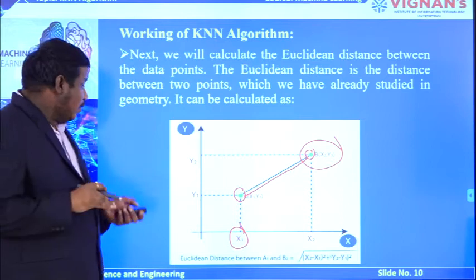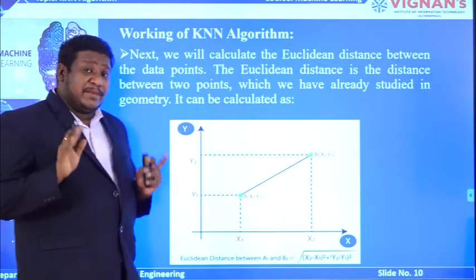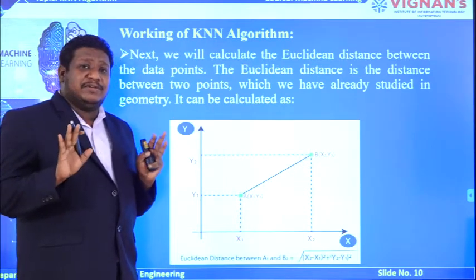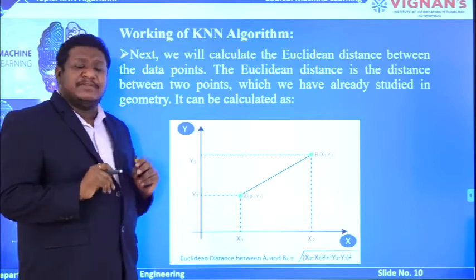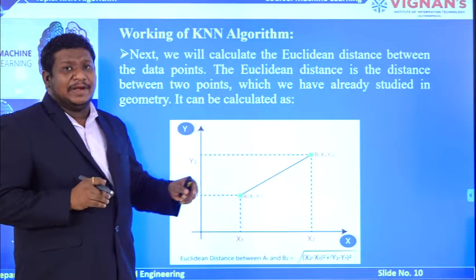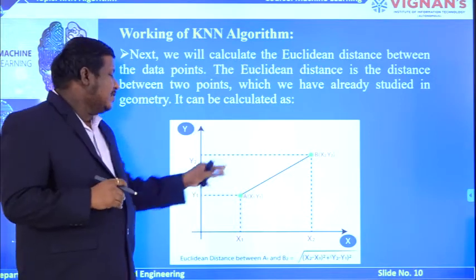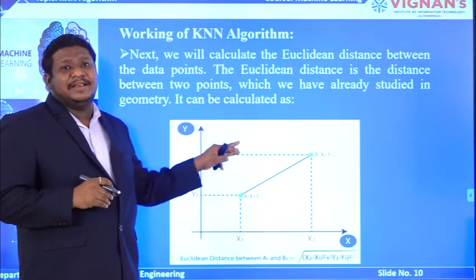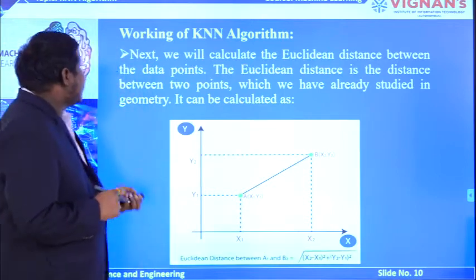So at the first step you finalize the number of neighbors you need to identify, that is the k value, identified as 5. Second, you identify the Euclidean distance. By using this formula, we calculate the Euclidean distance between these two variables of category A and category B. Now the next step is,